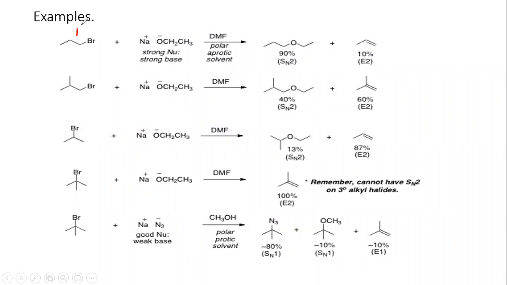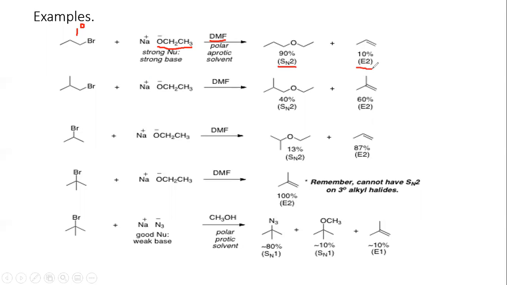So this is a 1-degree alkyl halide. And we use a strong nucleophile, strong base. And again, ethoxide, if you go back to the previous chart, is an alkoxide, which is a strong nucleophile, strong base. And notice that we use DMF, which is a polar aprotic solvent,